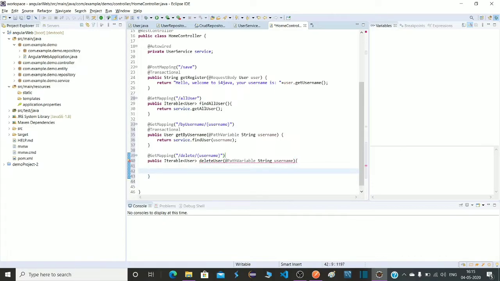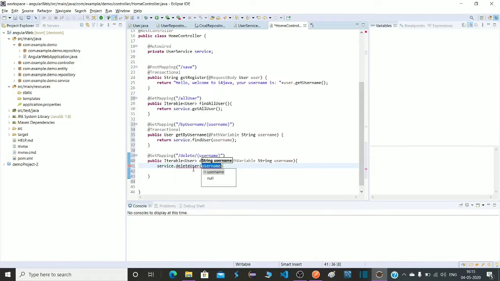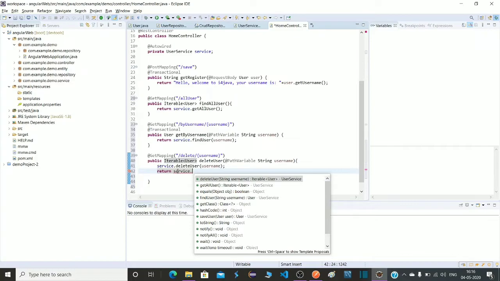First we will delete the record: service.deleteUser. Then we have to return the rest of the records. For that I am calling this method again, service.getAllUser.